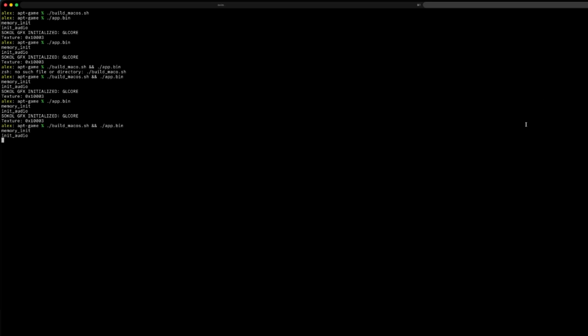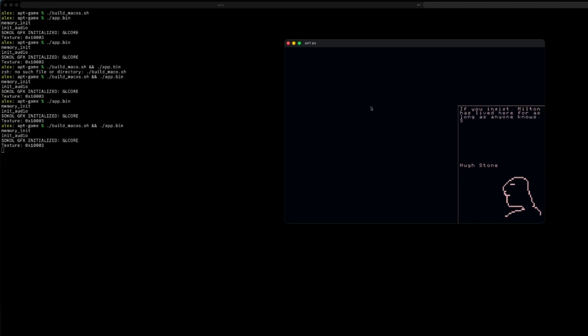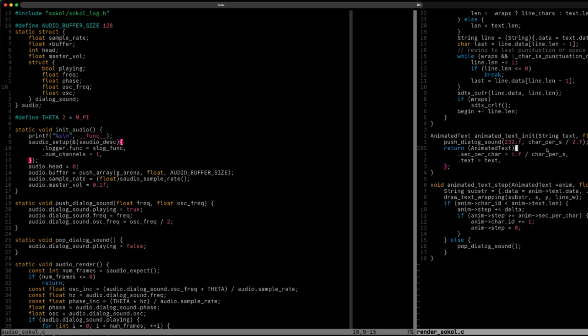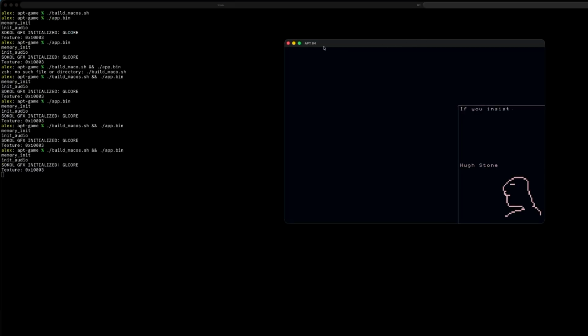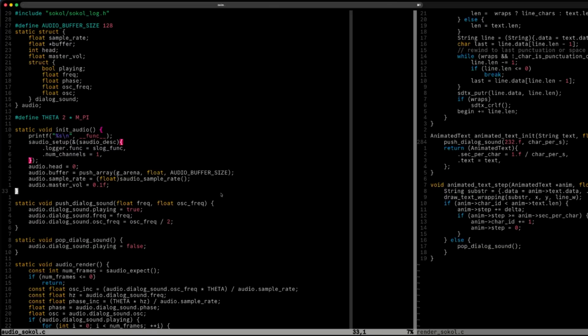So if we build that, that sounds interesting. But not quite that. That definitely does not sound like the speed that you would want. Okay, and you know what? I preempted myself here, because in push dialog sound, we actually cut the oscillation frequency in half, because we're anticipating that fact. To me, that looks appropriate. So anyway,